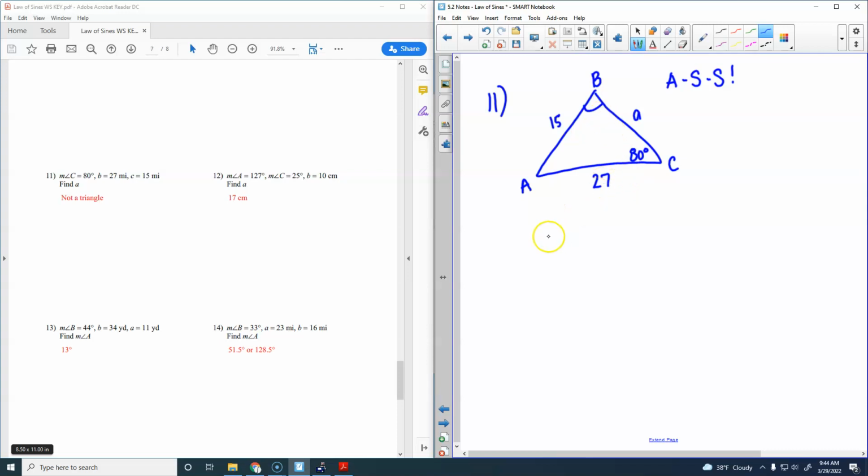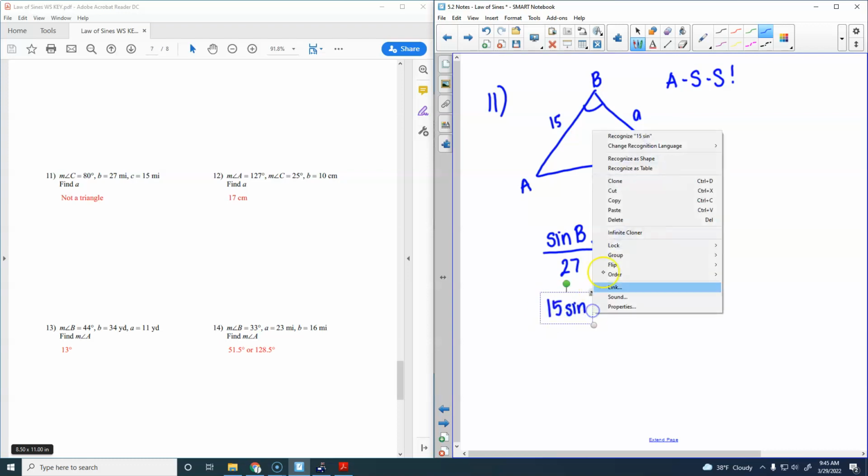So if we set this up, we would have sine of B over 27 equals sine of, nope, don't put the C, put the 80, over 15. And so we would cross multiply, we would get 15 sine B